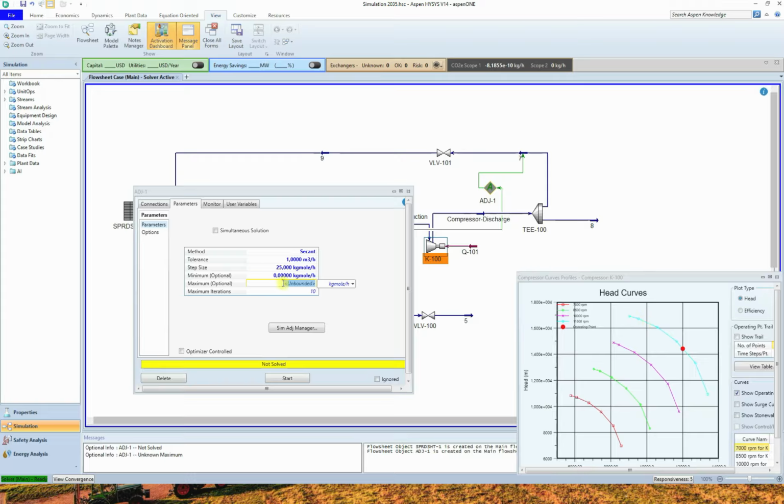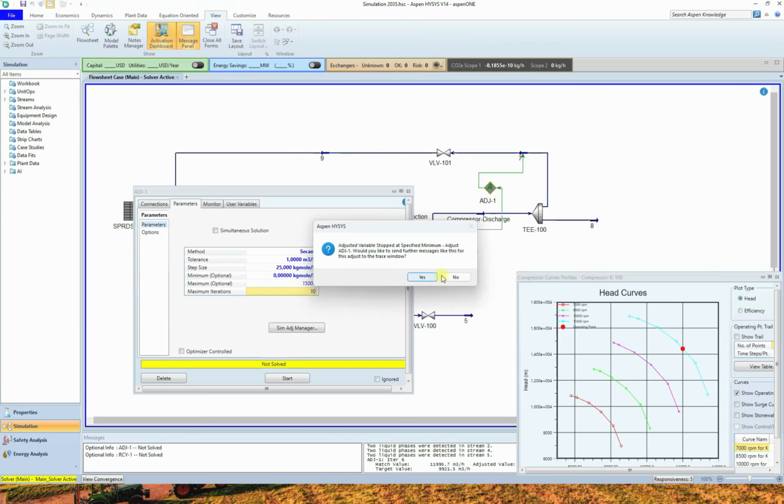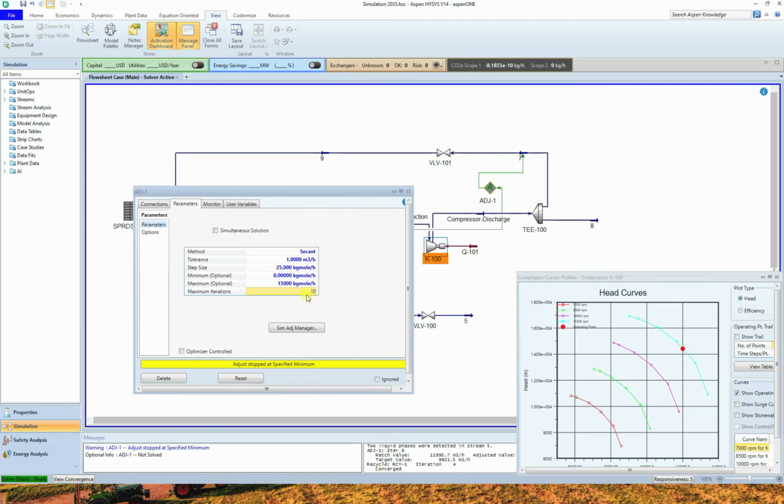Then you can add it as the maximum with maybe some small margin. So here I expect 15,000 to be a maximum number, and a high number of iterations here. Do not ask me frequently to continue the iteration,